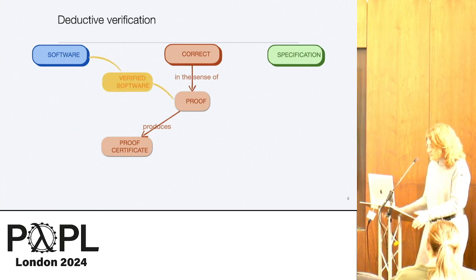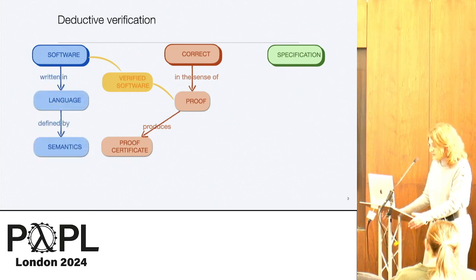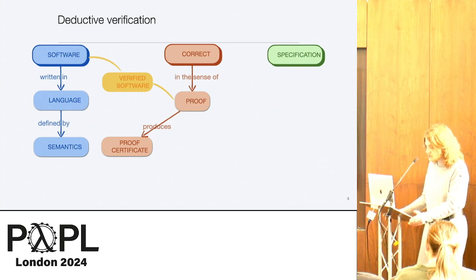Once you have this proof, in the end, your goal is to have a verified software, meaning that you have 2 parts. On the one hand, the implementation, and on the other hand, the proof that your software satisfies some property. So when you have a verified software, the property is related to the language that is used in the software. So you need to reason on this language in order to show your properties. And for this, if you want to have mathematical guarantees, you need to have a formal semantics for the language